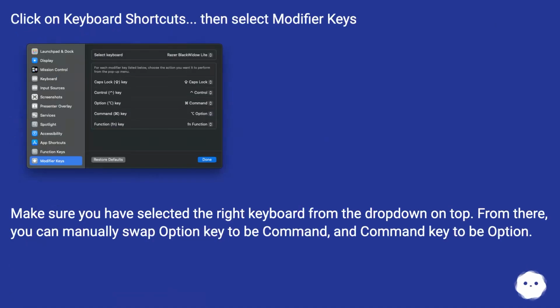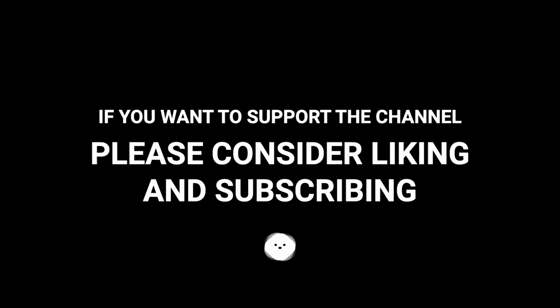Make sure you have selected the right keyboard from the drop-down on top. From there, you can manually swap the Option key to be Command and the Command key to be Option. Just play. Doesn't matter if you're